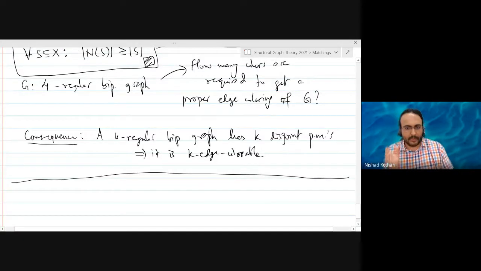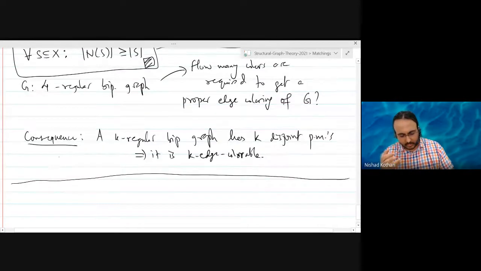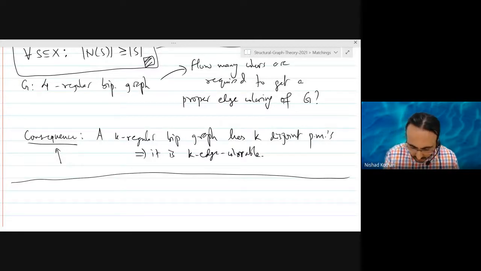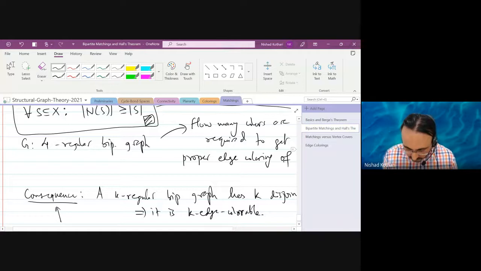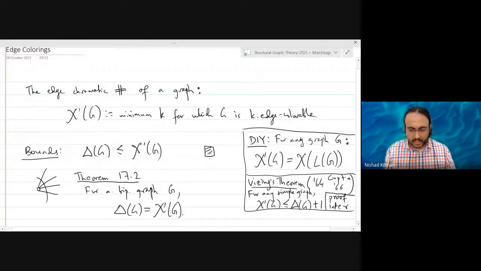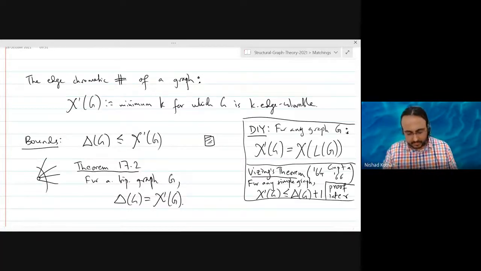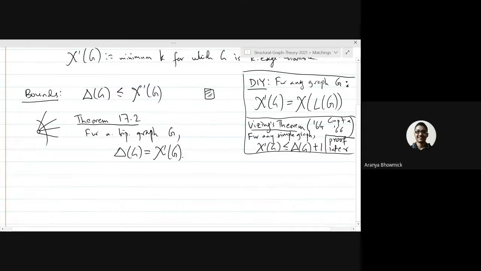This is not the proof we are going to cover. You can turn it into a regular graph, keeping the maximum degree the same. Now, because it is a super graph, you take an edge coloring of this using the consequence that we discussed. And now you get a k edge coloring of the original graph by restricting it to the original graph. So that is one way to do it. However, that is not the way we are going to take in the lectures. I might put that on your assignment 5 if I have space. But if both parts have an equal number of vertices, then we don't need to add vertices.